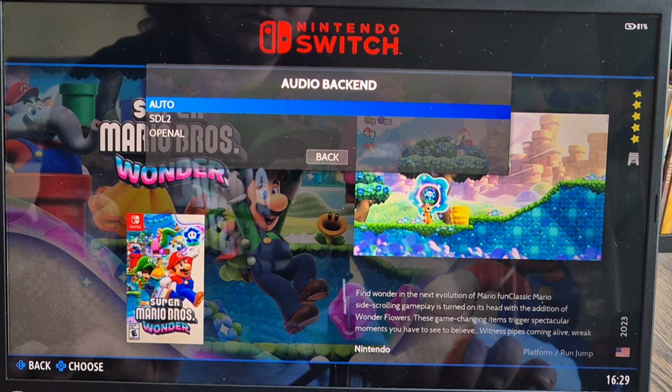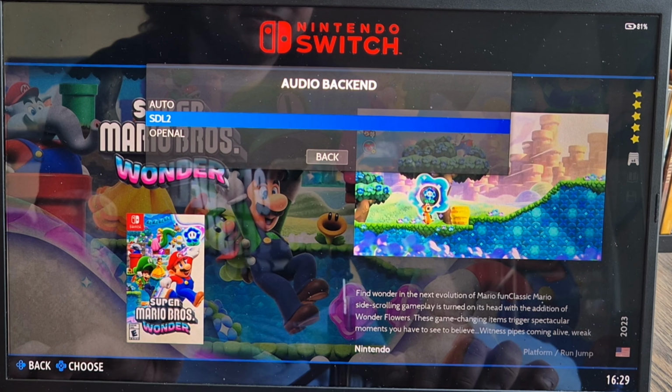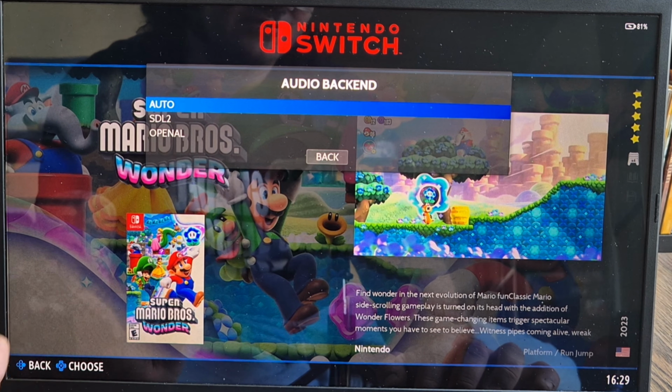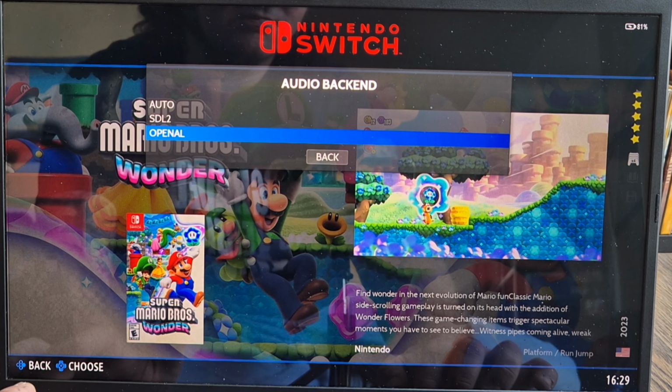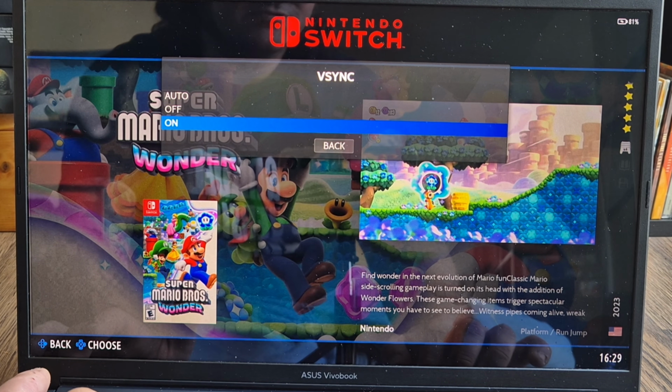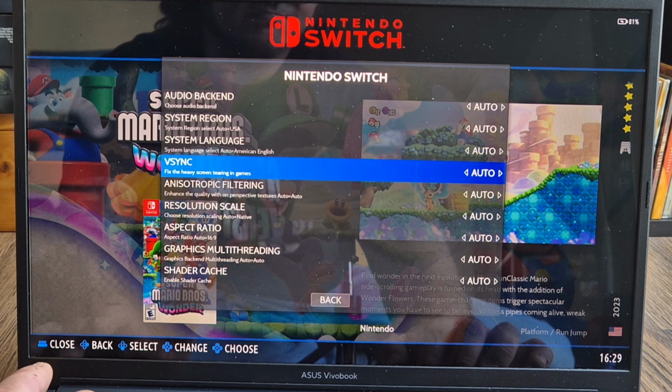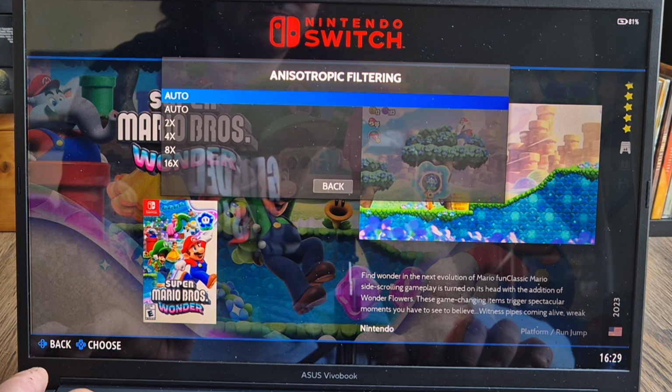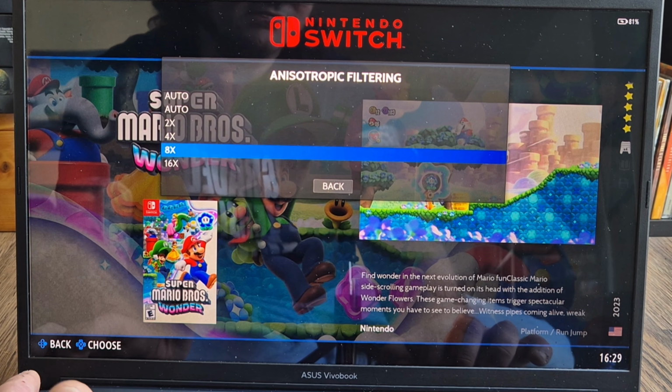We also got audio backends just here, and again SDL2 works fine for me. If you have any sound issues, use OpenAL. We got VSync. Now I always suggest putting VSync to on. This reduces screen tear in your games. Anisotropic filtering, this isn't going to take much away from your CPU or GPU. What this is actually going to do is define textures in the game, so you can put that up to